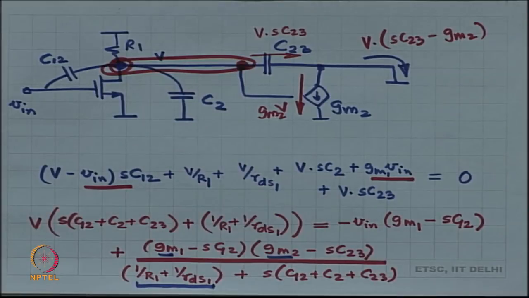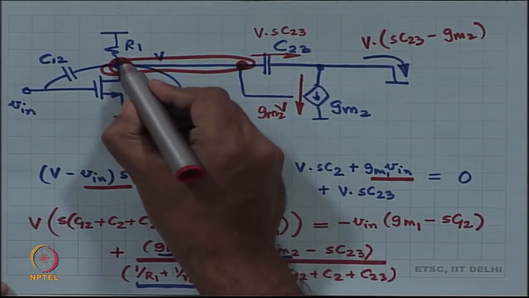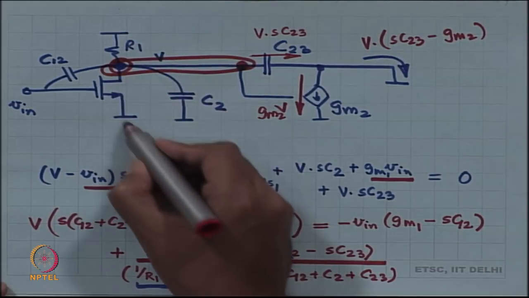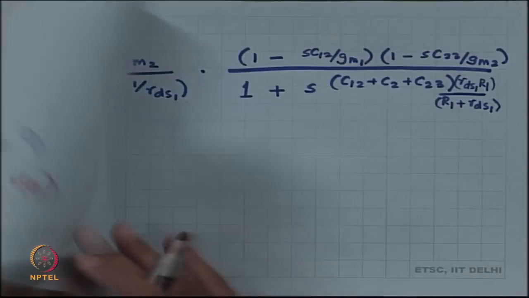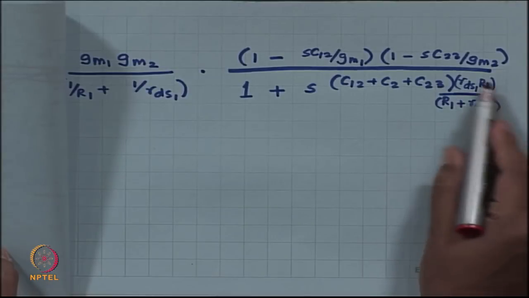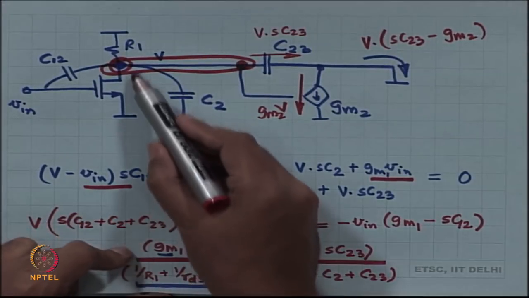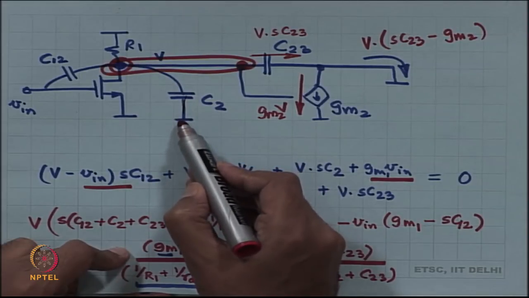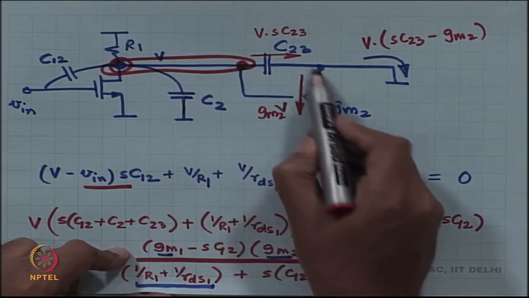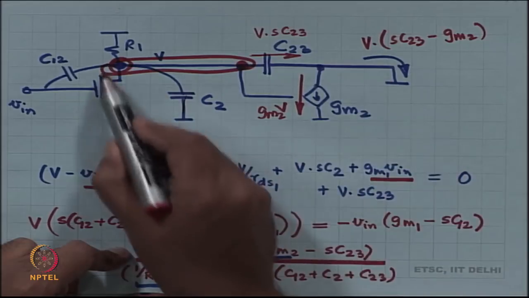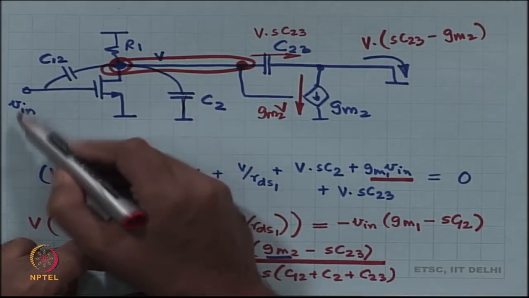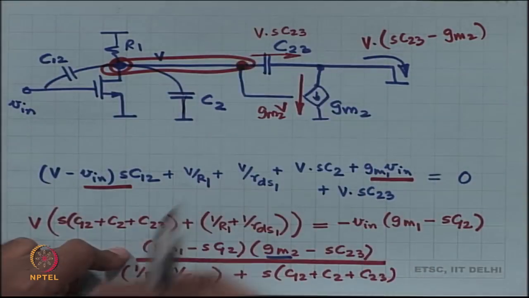So, if you look at that particular node, then what is the impedance that you see? You see R1 in parallel with RDS1, that is the resistance part of it. If you look at the capacitance part of it, you have got C2 to ground, C23 to ground, and you have got C12 to V in, and the 0 part you have already taken care